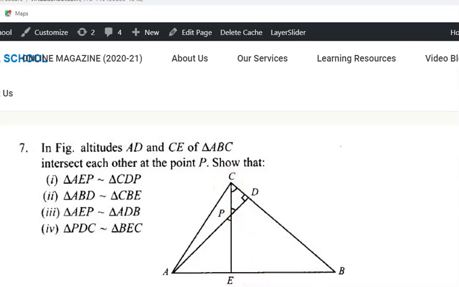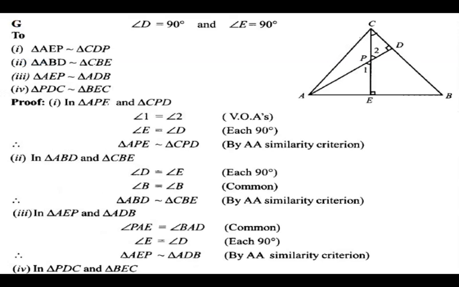So students, as you are aware, for such conditions there are two parameters. One, that all the three angles should be equal. Or secondly, that the sides should be in the same ratio. So if you see here in the first sum, what is given to us is angle D equal to 90 degrees. So this is angle D here, 90, and this is angle E. So angle E here is also 90.